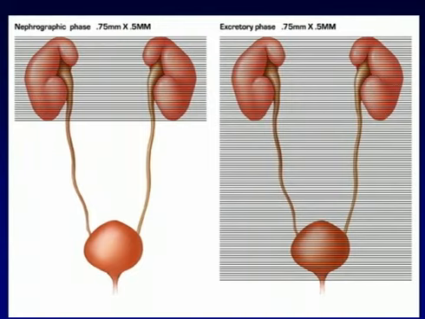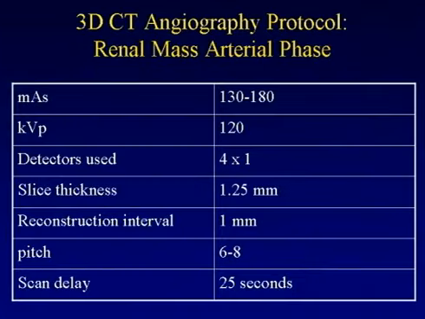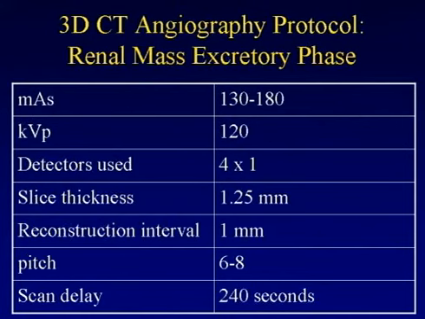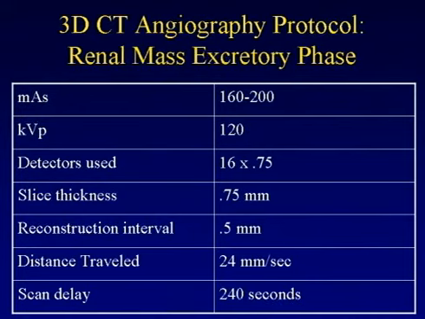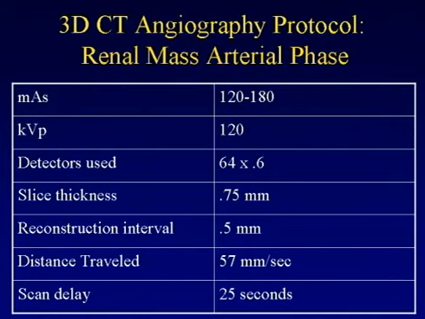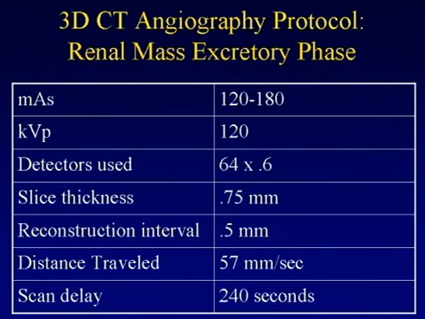So we'll try to really optimize our information, yet minimize the radiation dose. Protocols, depending whether it's 4, 16, or 64, we go with the best collimator we have. On a 4 slice, it's a 1 millimeter collimator, 1.25 millimeter thick sections at 1 millimeter interval through all the phases. At 16 slice, 0.75 by 0.5. Again, very important because of the volume acquisitions. And at 64 slice, we're typically also going at 0.6 millimeter detectors, but 0.75 by 0.5 millimeters is our typical